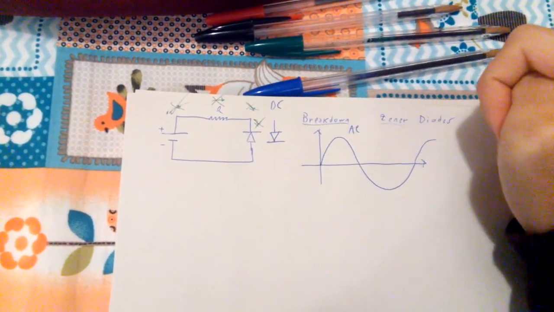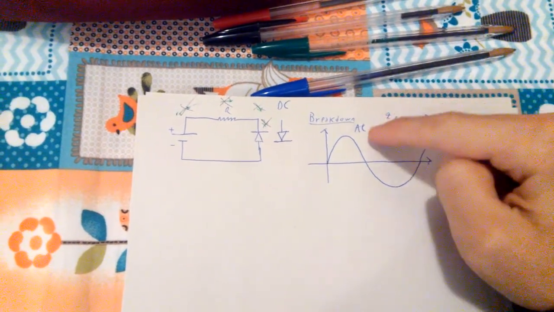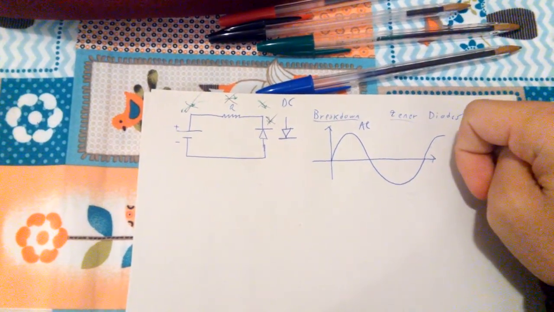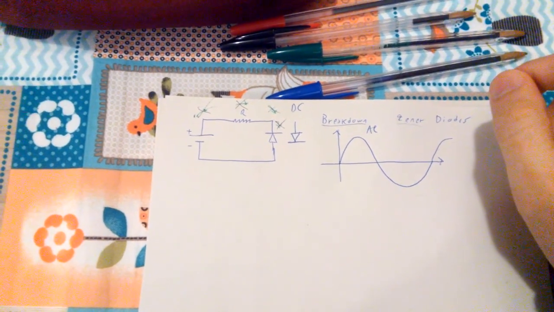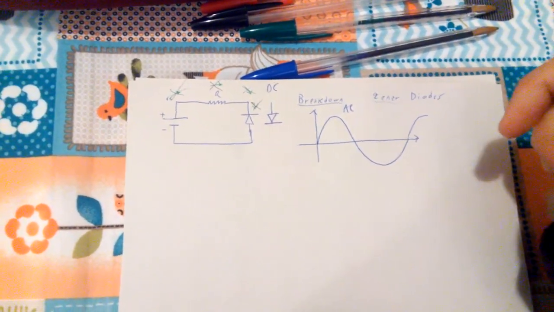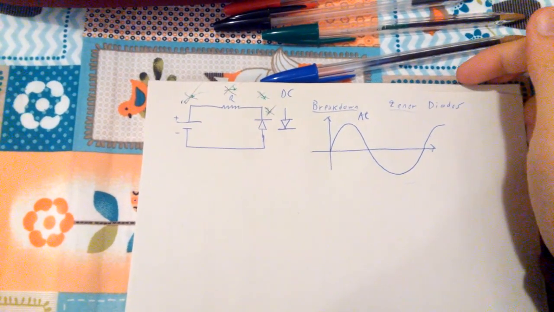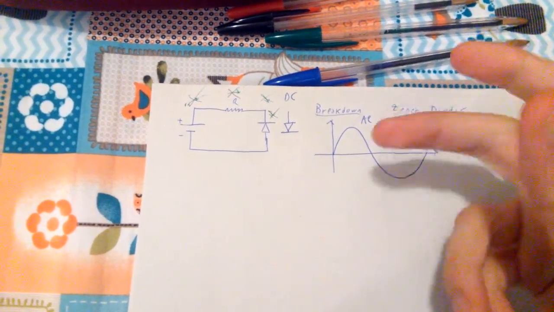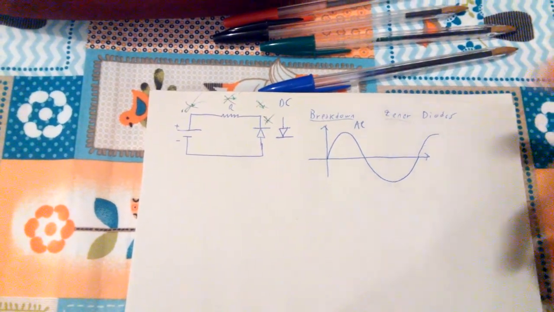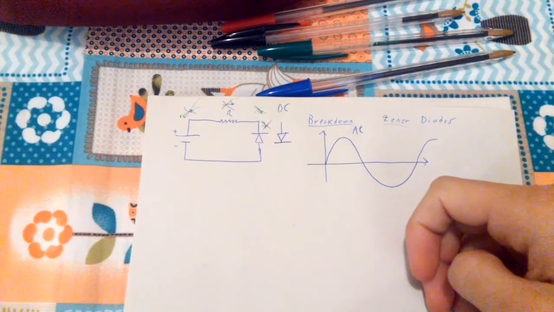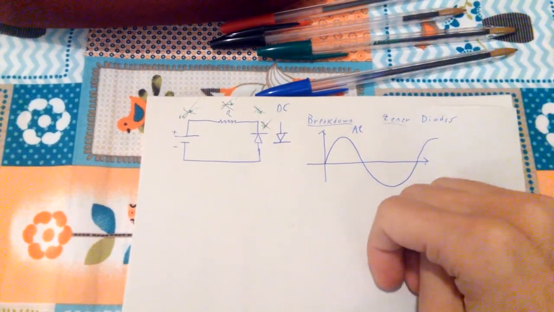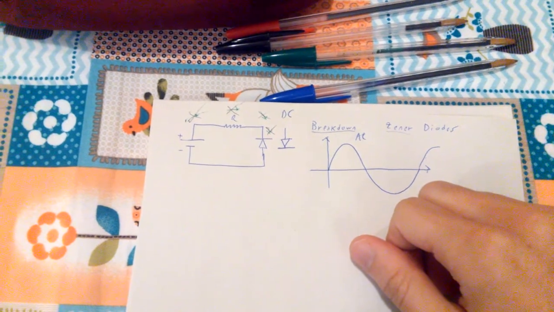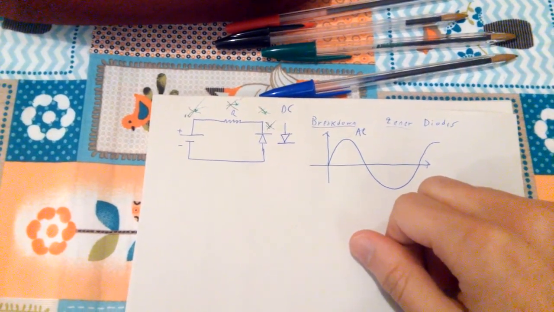Now, the problem with this is that although many appliances are going to use AC, like your oven in your kitchen or something like your washing machine, other things like your hair dryer, and basically everything that has an engine that rotates is going to use AC. There are many things that use AC, like induction motors and so on. But everything that is digital, like your computer or your mobile phone, your tablet, your TV, literally anything, is going